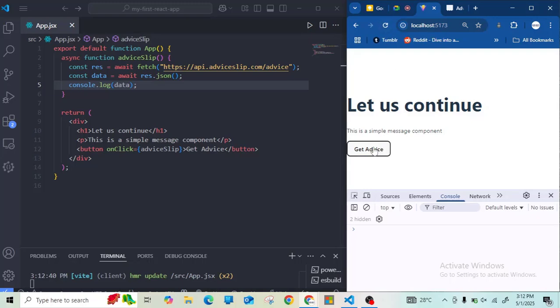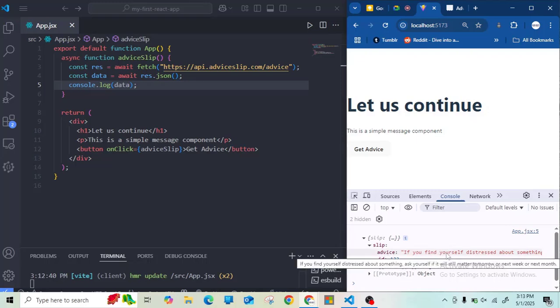So at this point, if I log out the data and I click this button, now we have an object. All those big, big things have been reduced down to something more meaningful, which is an object. And we have a sleep. Inside the sleep, we have advice. And you see, the API helps us to return random advice. This is the advice,